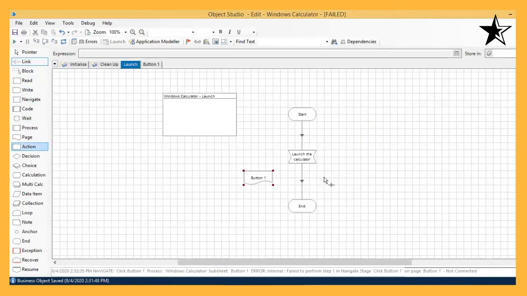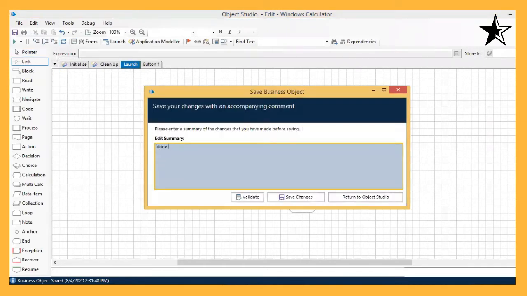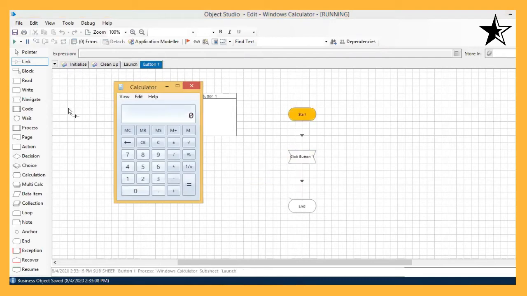And then I can use it as, okay, reset it, save the changes. Now you can see button one is pressed.